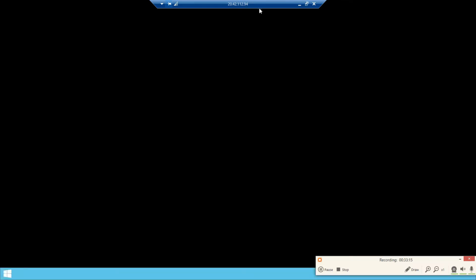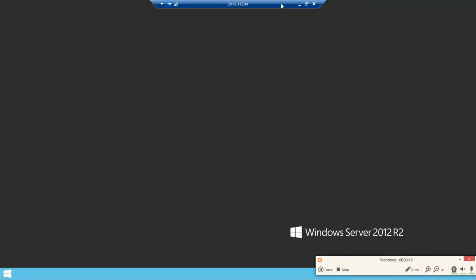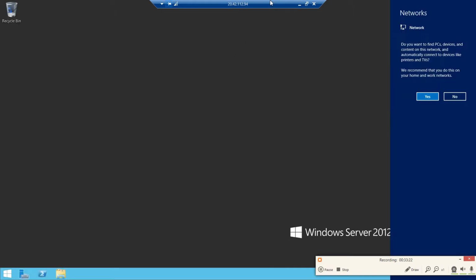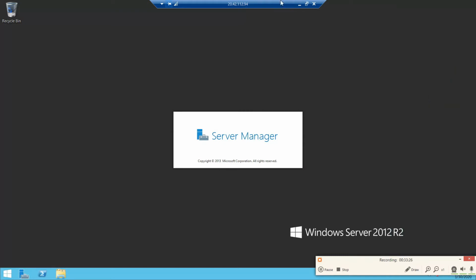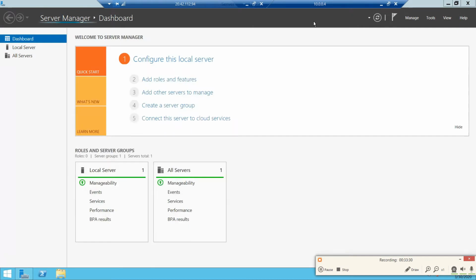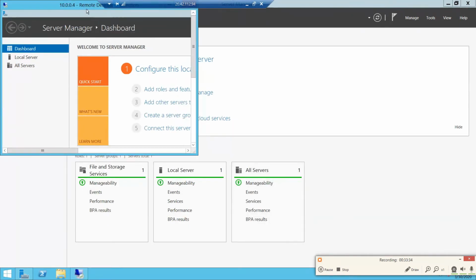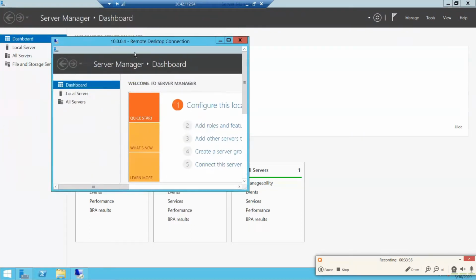As you see here, from our jump server we connected to our web servers. And then we have the second one here, and the first is 10.0.0.4. And then since it is a web server, we must